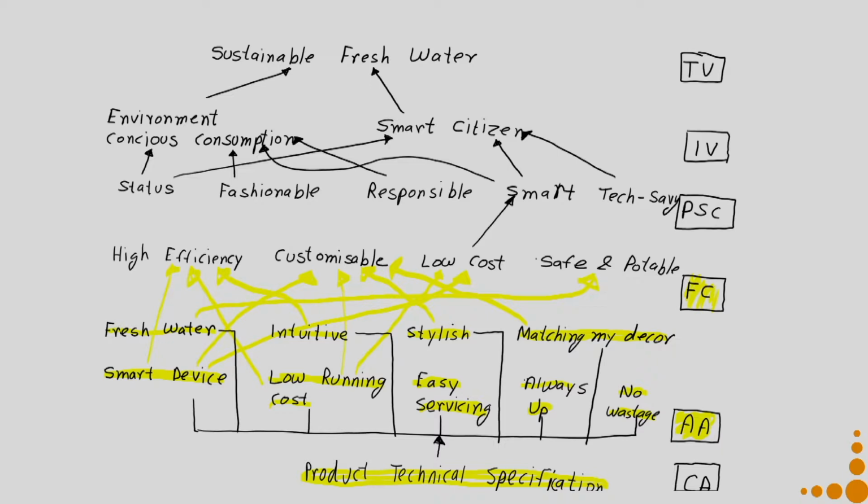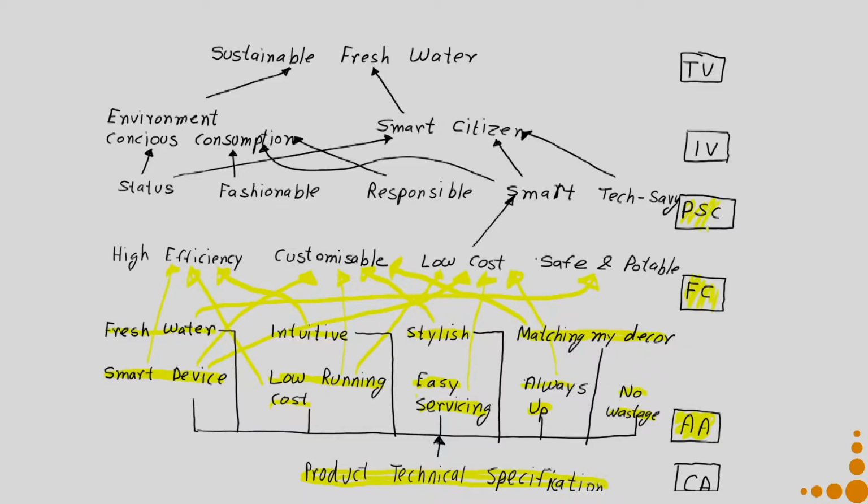Because my product is very highly efficient, so it is low cost. Easy servicing can again be connected to low cost, because it's easy to service, so I have low cost, and I can also relate it to high efficiency. Always up can again be related to low cost. So as soon as you relate it to a functional consequence, you have to be aware, because now it defines that always up means the cost is low. So you have to define it in terms of product consequences. Now you can see the implication of doing this whole process. It requires quite a considerable amount of time to do this particular activity, and it's very iterative.